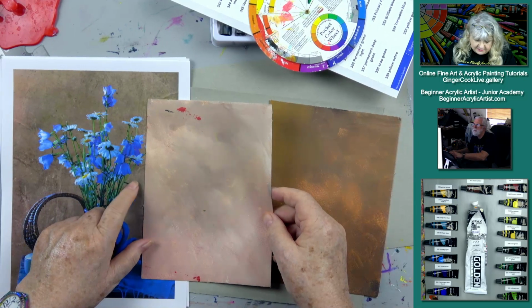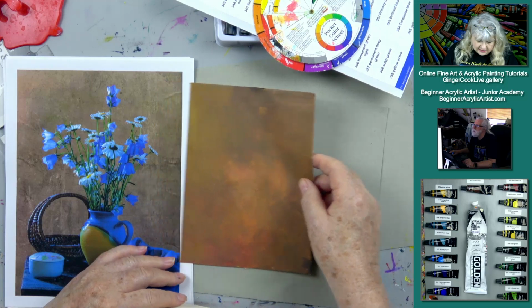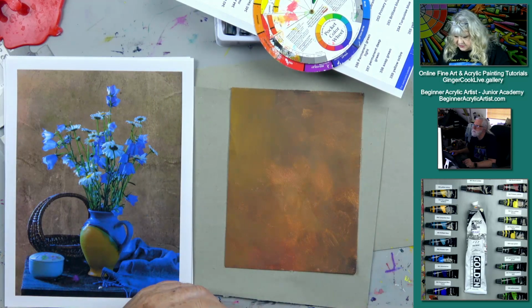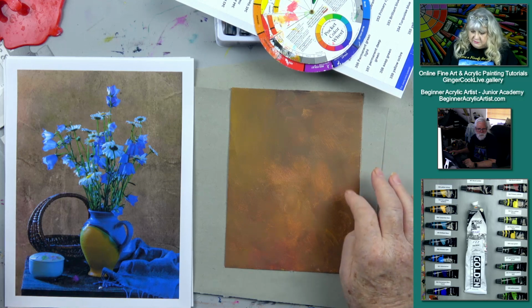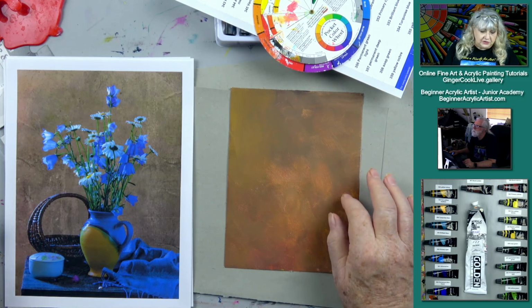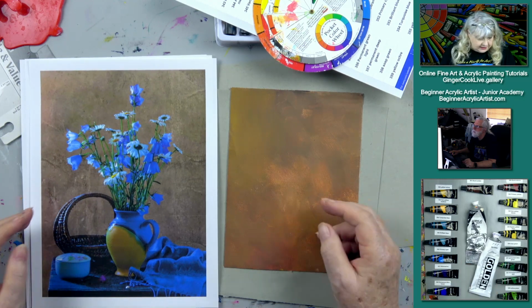Tempting. It's just tempting, but I think I'm going to go with this one. That was my second one. I'm going to go with that one because that's sort of in between. And that would have been done using burnt sienna and white. Jon would have done that background using burnt sienna and white. So I guess we'll take a,